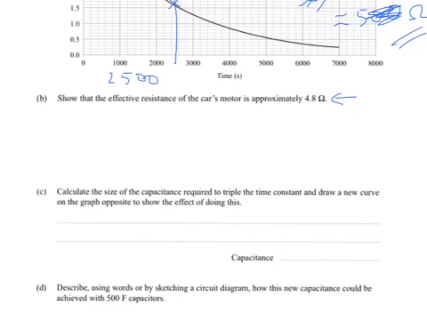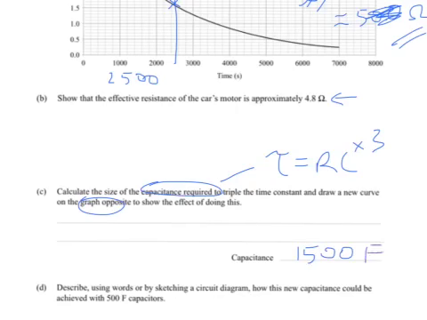Okay, C, calculate the size of the capacitance required to triple the time constant and draw a new curve on the graph opposite showing this. So two things, so calculate the capacitance required and regraph. So the capacitance required, again we're dealing with T equals RC. To triple, we just have to times the capacitance by 3. So it's going to be 500 times 3 is 1500